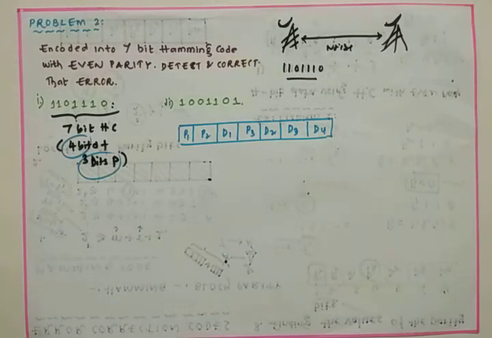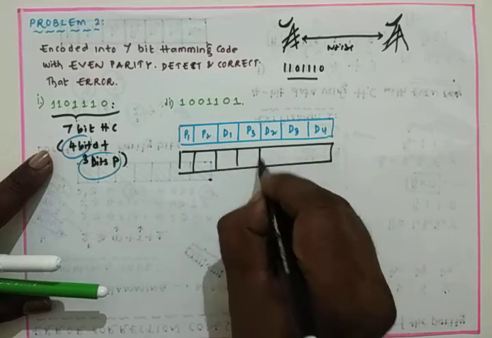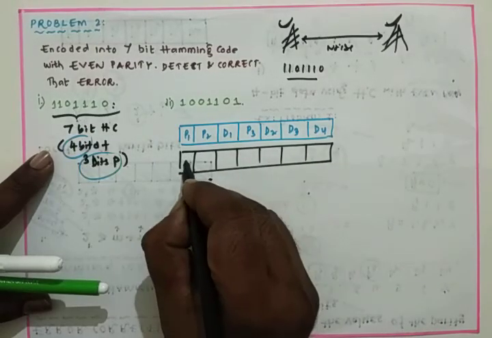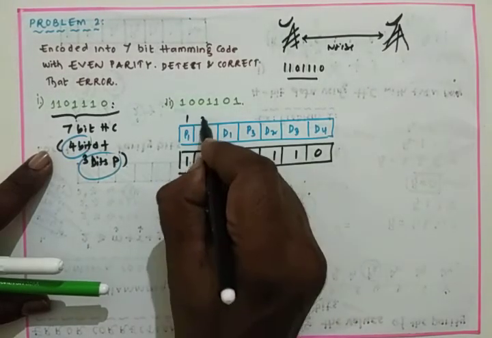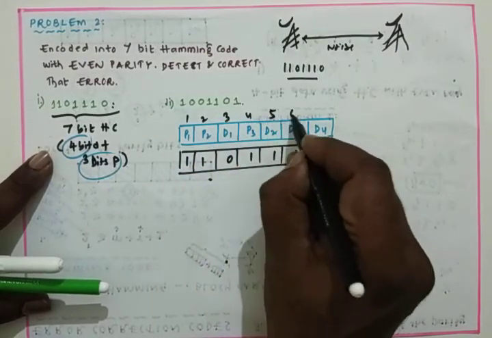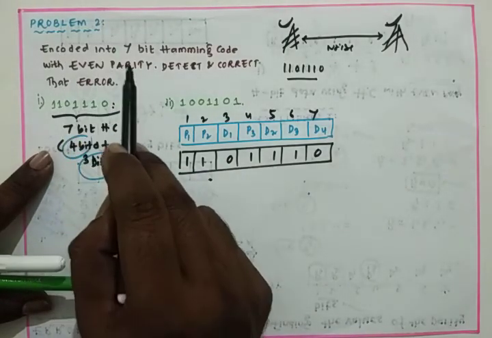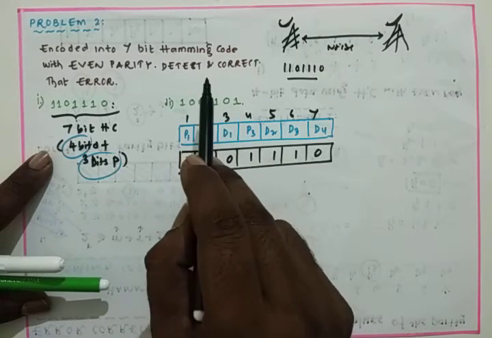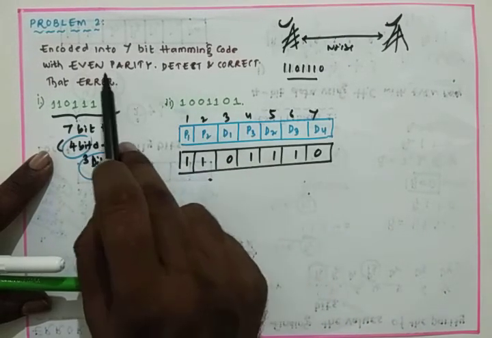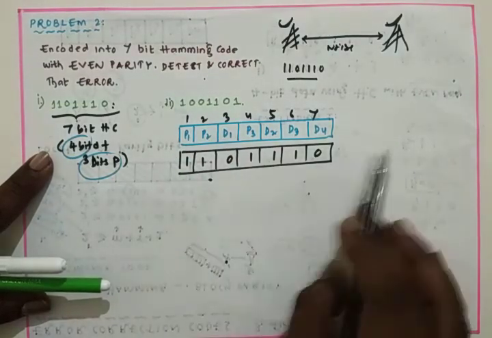Then you have to add whatever the question is there; we have to depute in this form now. Go with the same 1, 2, 3, 4, 5, 6, 7. That is 1, 1, 0. 1, 1, 0. This is 1, 2, 3, 4, 5, 6 and 7. And here, the encode: the given data is encoded into 7-bit Hamming code, and it has been transmitted through a noise channel using the even parity. Using the even parity, detect and correct the error. So this is completed.